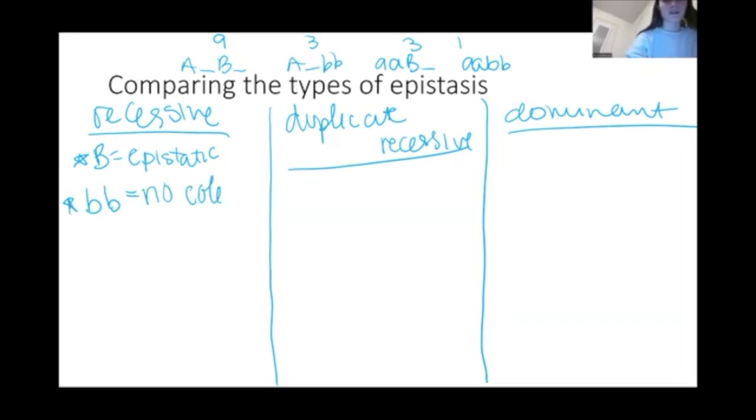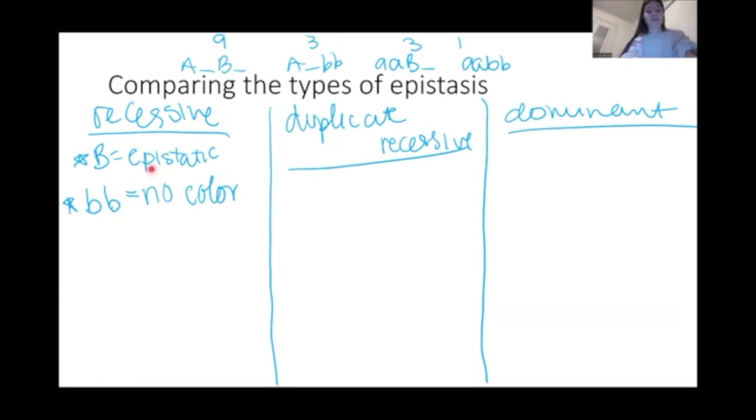So I'm going to continue with this color example. There's other examples. For example, with recessive epistasis, there's the blood type example where if you're little h, you can't develop antigens at all to become A and B. That's called the Bombay phenotype. Go ahead and look at your notes if that is not familiar to you. But the no color for me is the simplest to understand. So that's the analogy we're going to keep using here. Okay. So little b means no color. So if I go up to my 9 to 3 to 3 to 1,